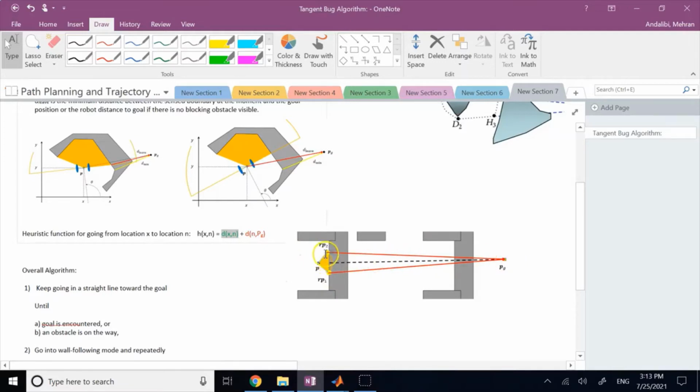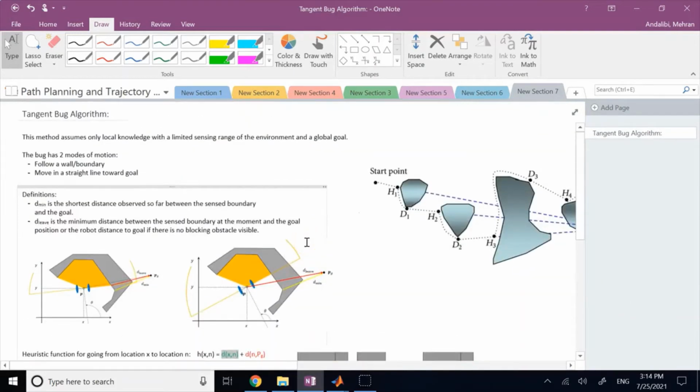So using your LiDAR, you can calculate the location of points RP1 and RP2, these endpoints on the wall. Once you calculate their location based on the angle and the distance from point P to those points, and based on the current location of P, then you can find the distance from RP1 and RP2 to the goal, and then see which one of those two distances in red, when added to the corresponding distance in green, is smaller, so you go to that endpoint. Okay,